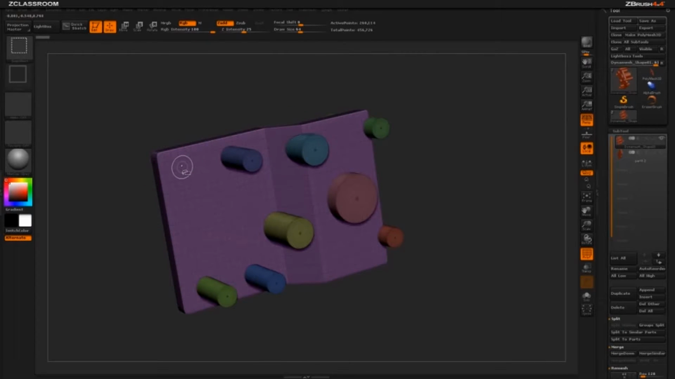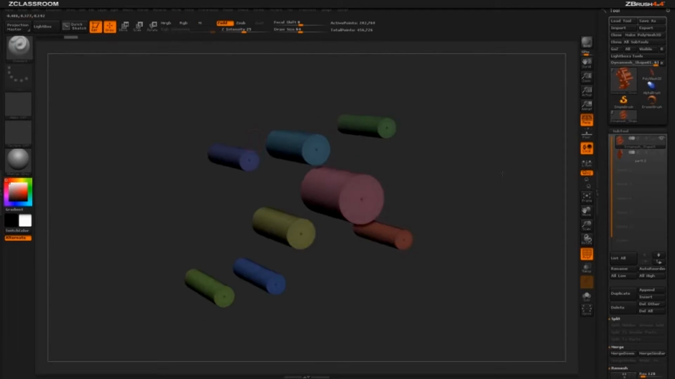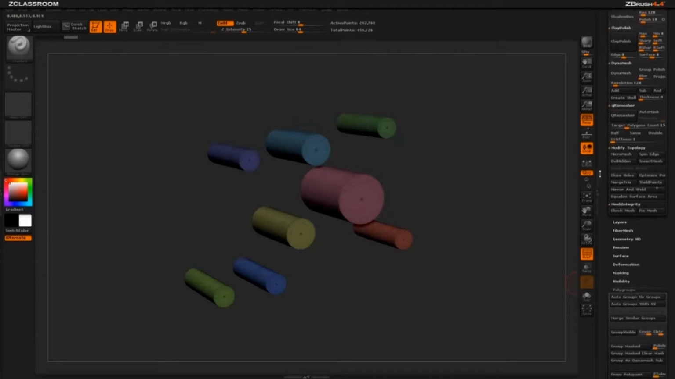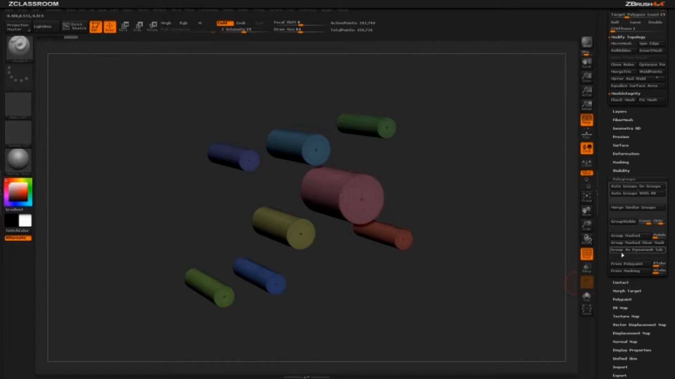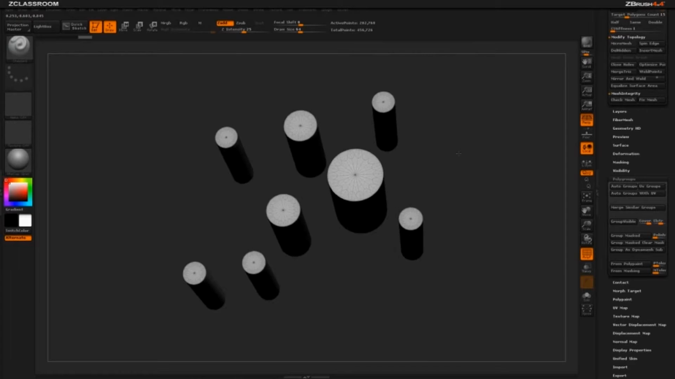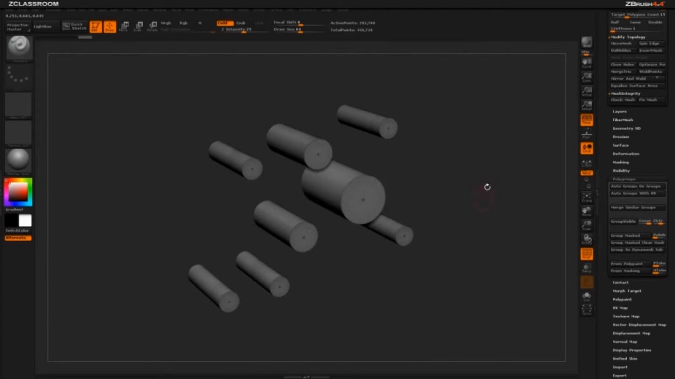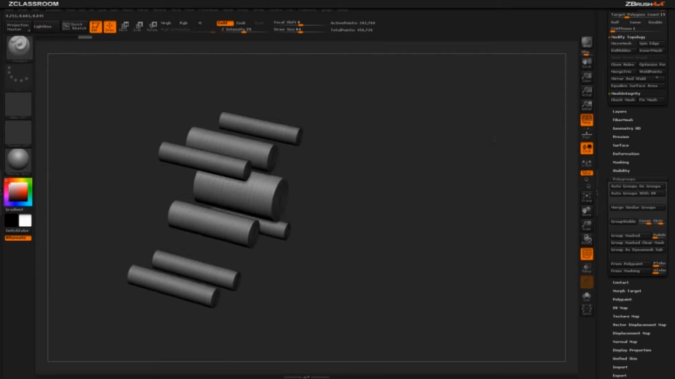So first I'm just going to hold Control Shift and isolate that square, and then Control Shift again just so I have my cylinders visible. Then scrolling down here to the Polygroups tab, there's a new button in ZBrush 4R4 called Group as DynaMesh Subtract. Now I have polyframe turned on, and as you can see when I hit this button, it has changed the polygrouping of all these objects to this white polygroup. The white polygroup is new inside of ZBrush 4R4, and